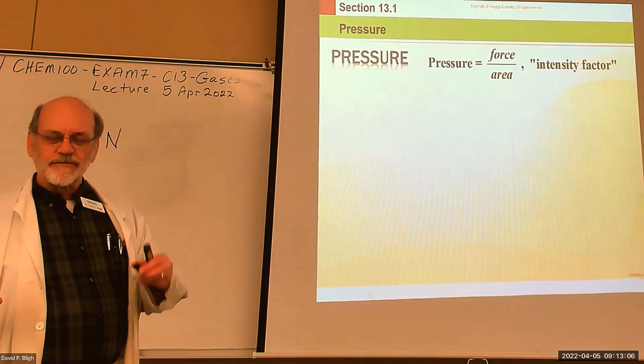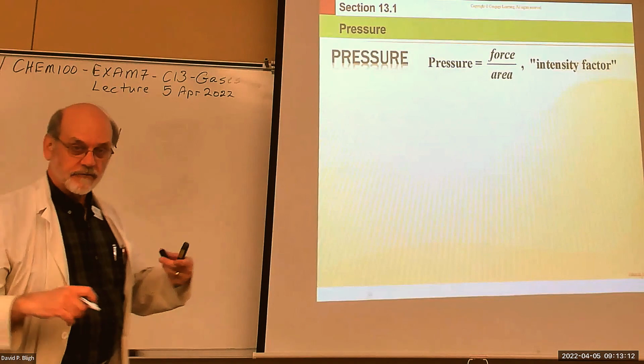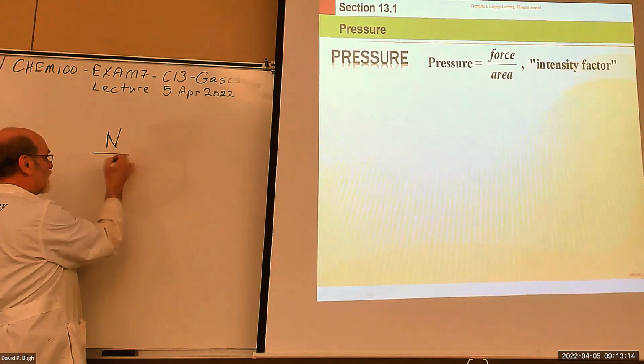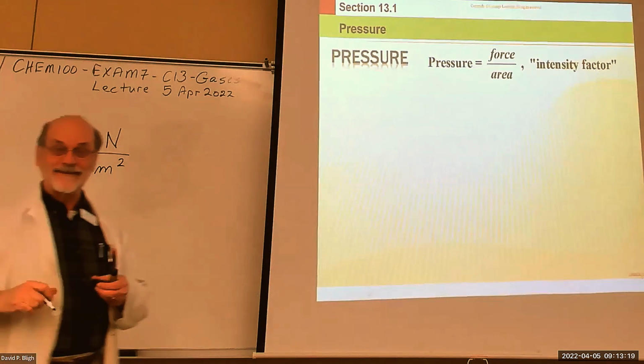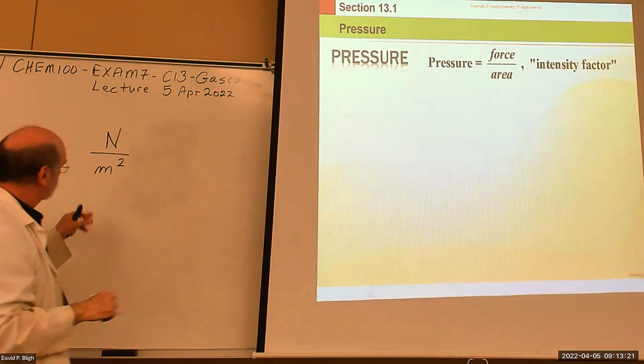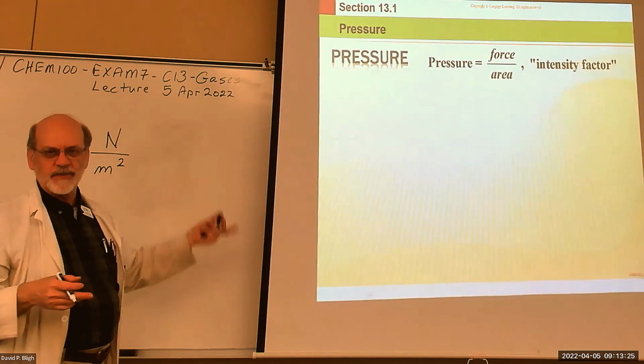So if we apply that force over a standard unit for an SI unit for area, that would be a meter squared. Okay, so 1 Newton per meter squared is given another value,